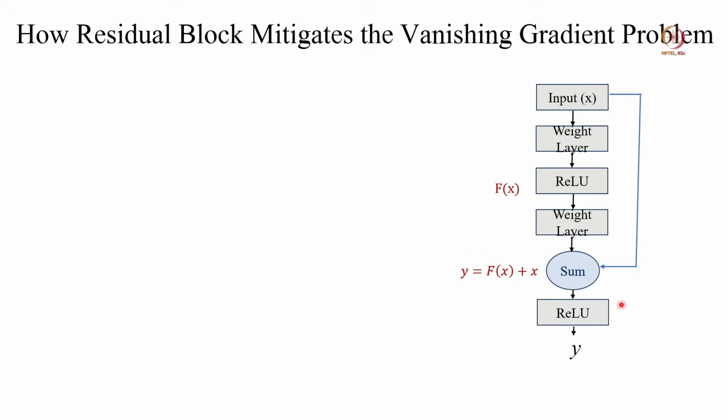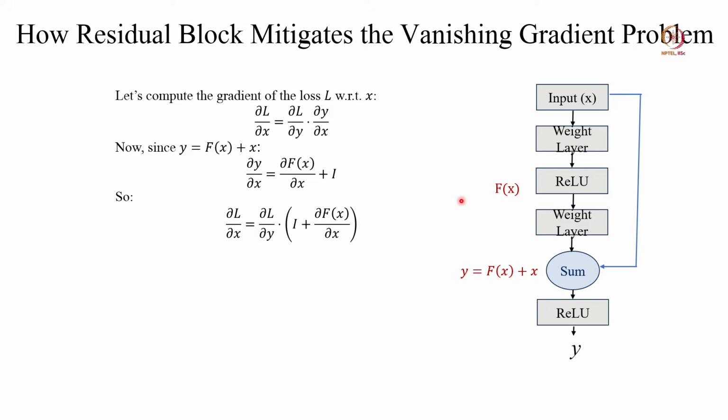So, once again I keep this picture on the right hand side of the slide and we see what is the math behind this one. Now, we all know for gradient back propagation algorithm, we take the gradient of the loss function with respect to all the layers, the weights. Now, if L is the loss function and I am taking the partial derivative of L with respect to x, that can be written as,